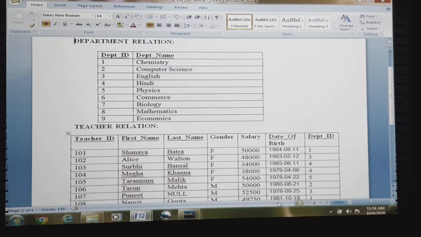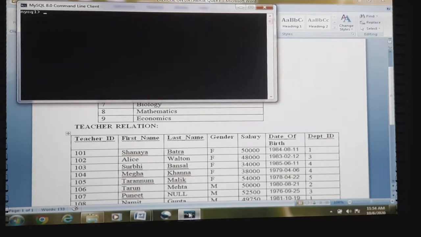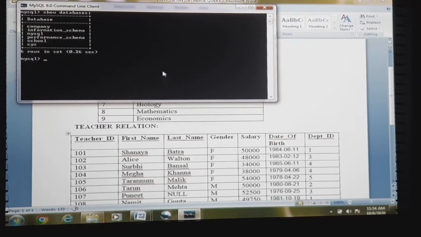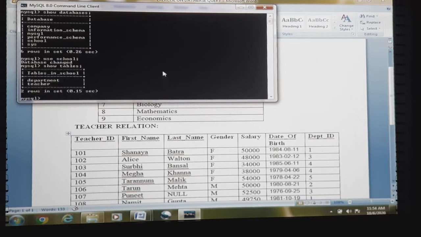So first of all we will get inside the database. See, inside databases we will go use school. Now inside this school we will check tables. Then the department and teacher tables are there.